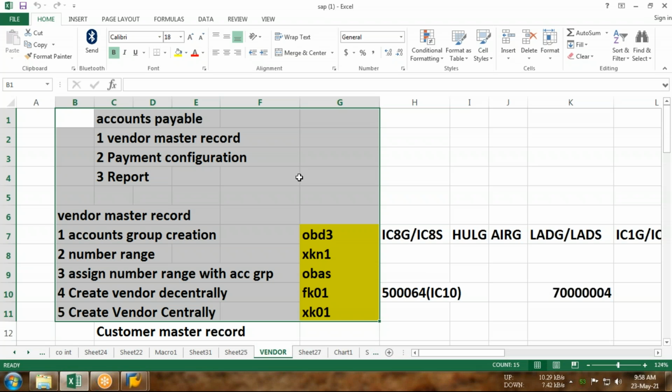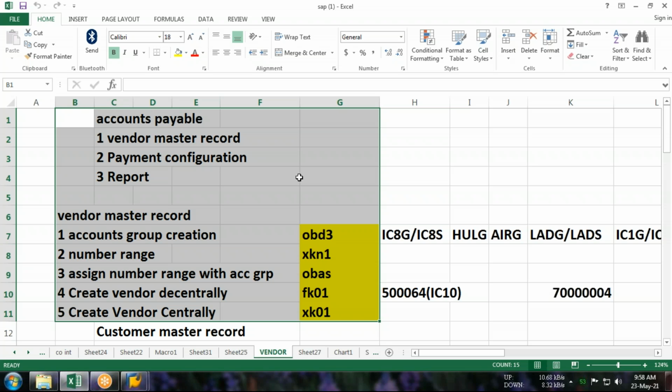So guys, remember one thing in SAP: whenever you are going to create a fresh vendor, there are two types of vendor in SAP. I repeat, there are two types of vendor in SAP. If I consider the master record wise, we can create vendors in two types. Number one, centrally vendor.